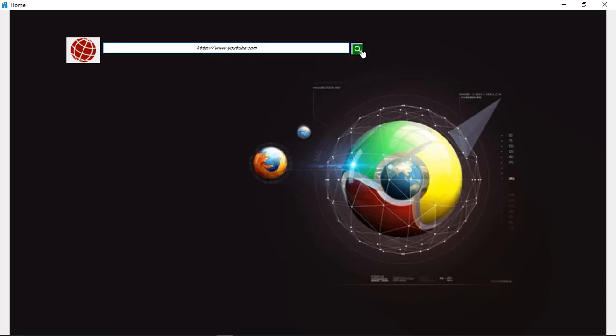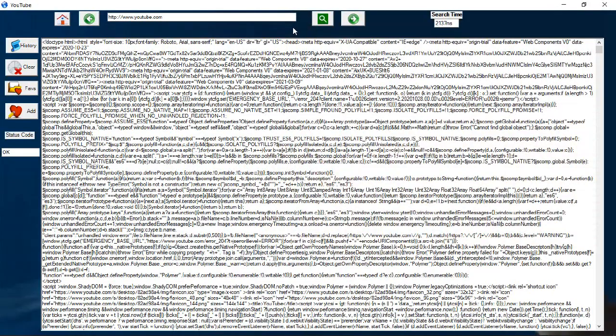If we click on YouTube, we should get a loading page alert here, which shows us the page is loading, and here we have a text box area which shows how long it took for the application to return the HTML contents, how long the communication took between the client and the server. Here we notice it's 2000 milliseconds, which is approximately 2 seconds. It took a bit longer than what I expected. Usually it takes less, like maybe 1 second, half of that.